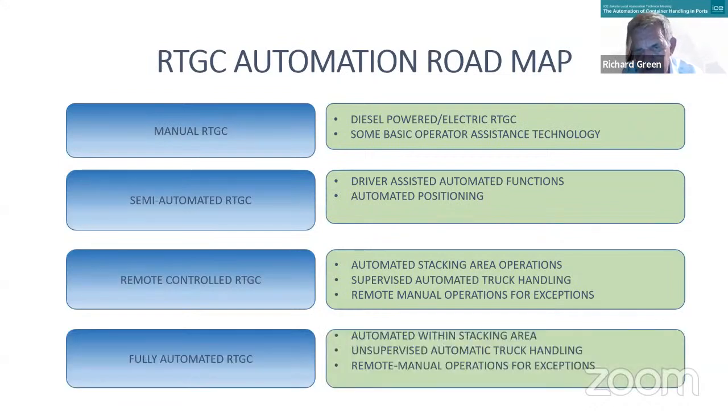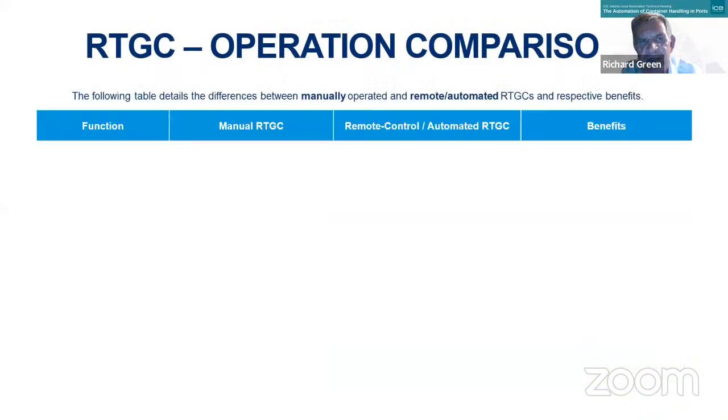In the future, we're looking for full automation within the stacking area, unsupervised automatic truck handling. In other words, trucks are automated, they know exactly where to go, remote manual operations for exceptions. So that's where we are at the moment, on the third one, remote controlled RTGC, and we're moving forward to fully automated. The comparisons,